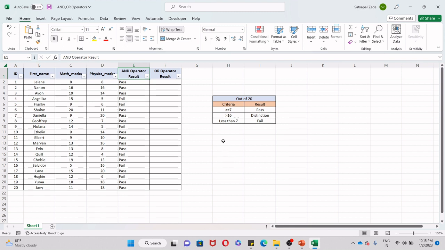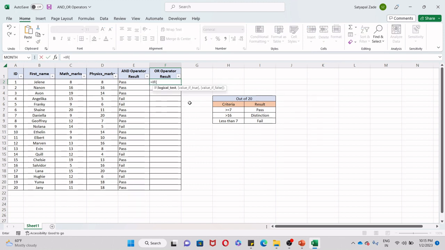So now let's quickly do the OR condition. This is for the OR statement, which is in column F. And again, the condition that must be true is that the student is either pass or fail. So equals IF OR, C2, the math marks should be greater than or equal to 7, comma, D2 greater than or equal to 7, parenthesis close,